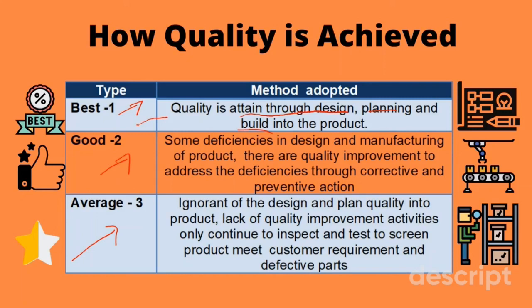The second one is good. They will expect to have some deficiencies in design, not perfect, or in manufacturing of the products. However, there are quality improvement efforts to address those deficiencies through corrective and preventive actions. The third one is that not much effort is put into design, or they are ignorant that quality has to be planned in. Lack of any quality improvement activities, they only continue to inspect, continue to screen products to meet customers' requirements. So this is the overall picture of quality: what, who, why,